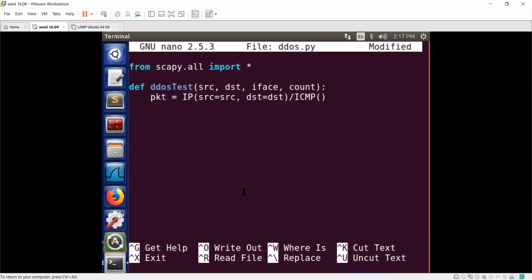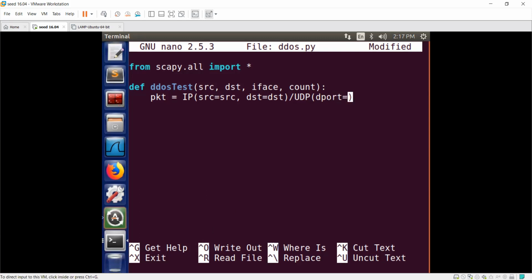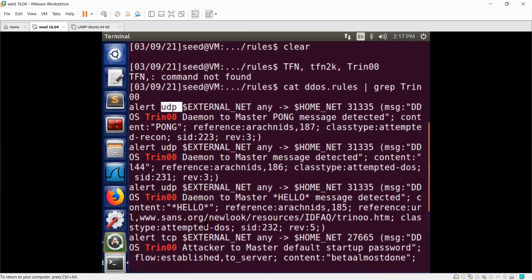Okay, so let's do, sorry, it should be UDP here because we saw it in the alert. That's really all I'm asking you to do: figure these things out by looking at the alerts, kind of reverse engineer them. So in this case, the destination port is what? We have to go back and forth. Destination port